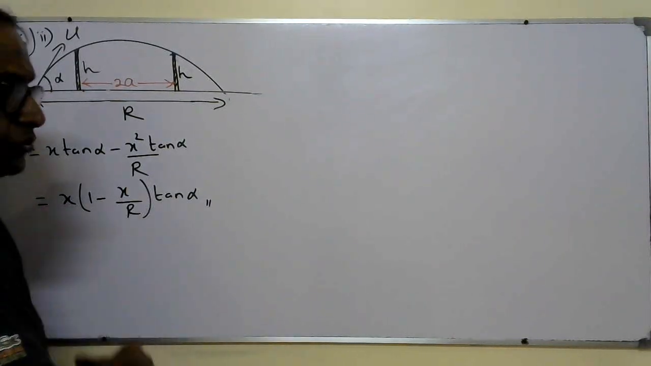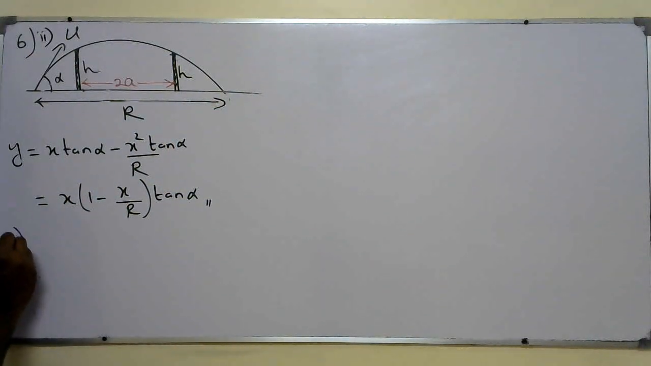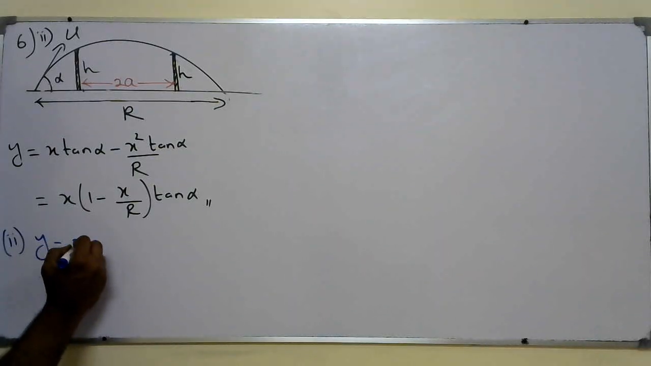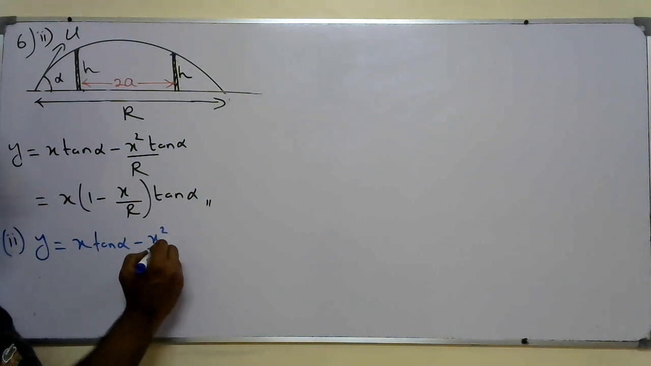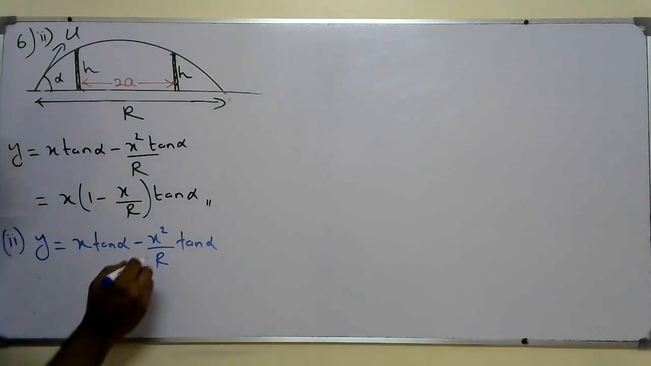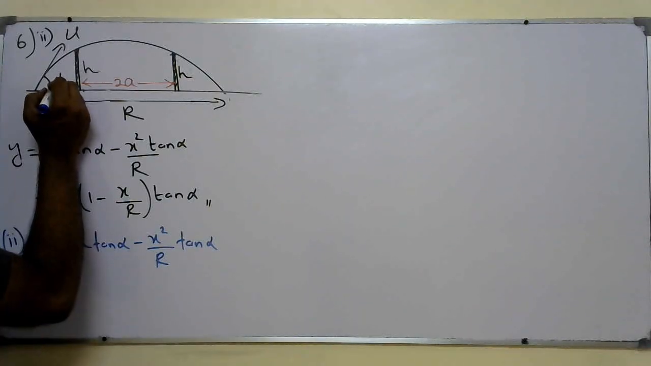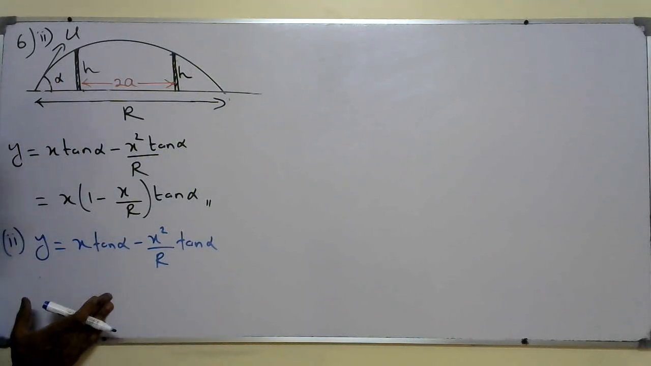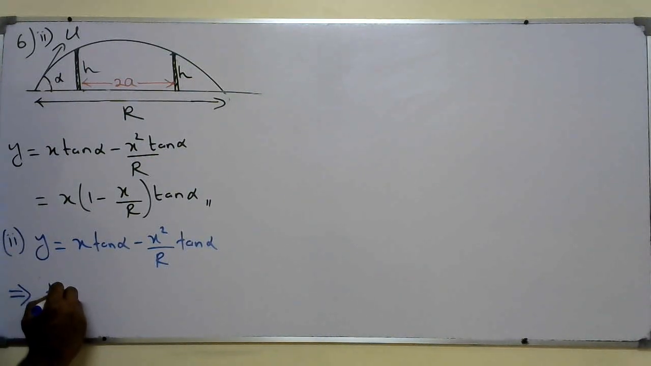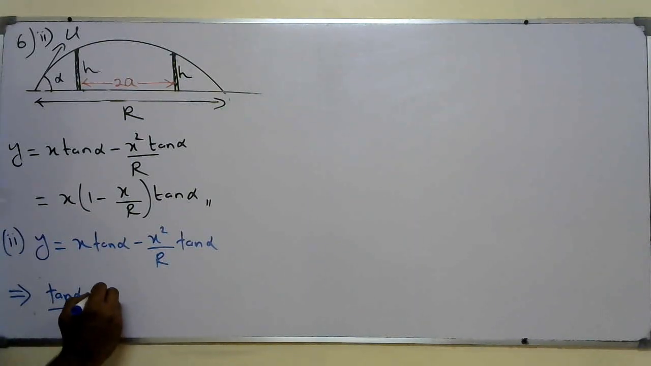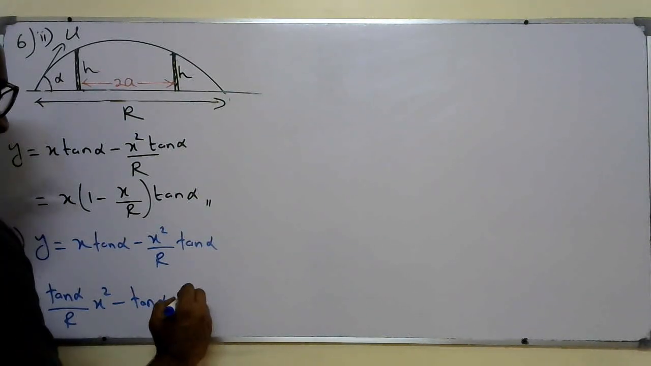Okay, second part, I am going to use the first results, in the first part. So second part, I'll continue this. Y is equal to x tan alpha minus x squared over r tan alpha. That means I am going to rewrite it and show you. That means this equation shows that for a given speed at given angle alpha, it's actually a quadratic equation in x squared. So I can rearrange this as tan alpha over r x squared minus tan alpha into x plus y